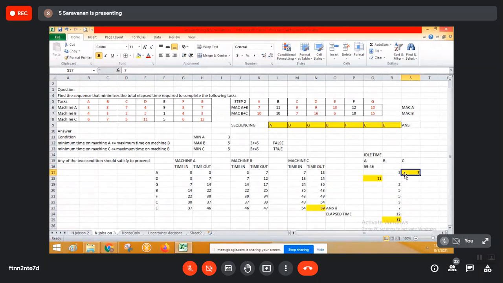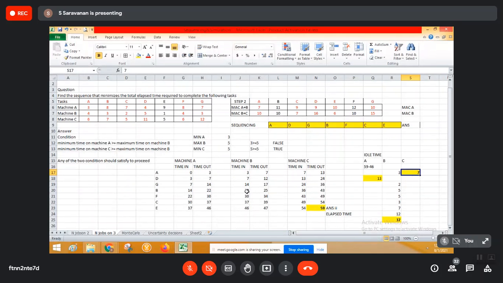As I said, it is like an assumption of batch production. We are starting right from the nascent stage. 7 minutes, it is idle. You are just comparing here. That's all. 13, 13, no idle. 24, 24, no idle. 36, 36, no idle. 43, 43, no idle. 49, 49, no idle. 54, 54, no idle. See here, 7, 7, no idle.